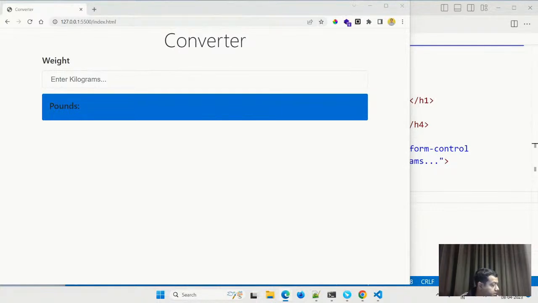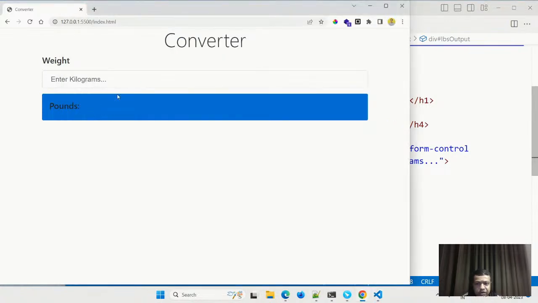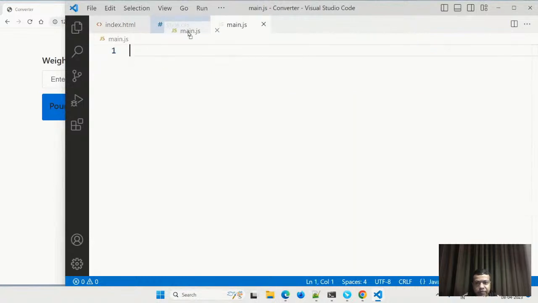Because we are going to end in the next 15-20 minutes, as I've told, this is the final project which you are doing. So this all is showing me this. The ID number is there, and pound has an empty div of LBS pound. This is very important. Here we are going to convert it, and here we are going to show it. And this is something which we are doing known as DOM programming.